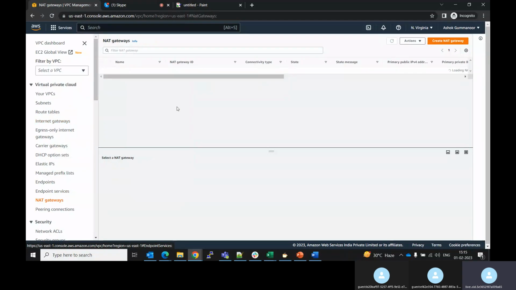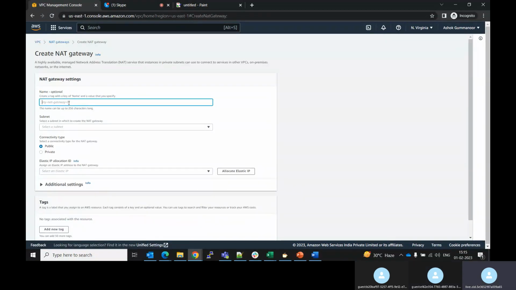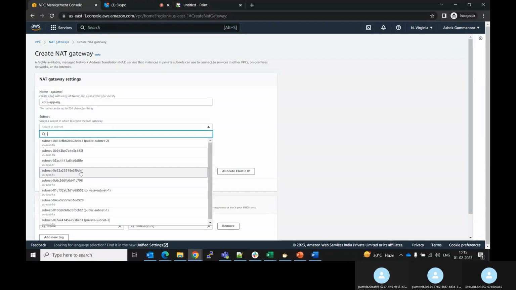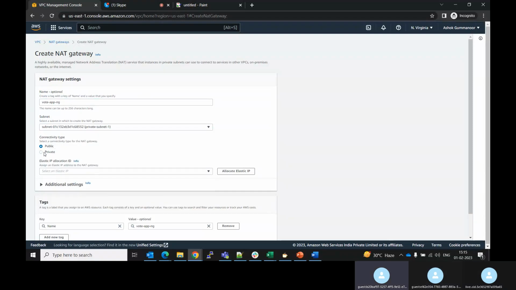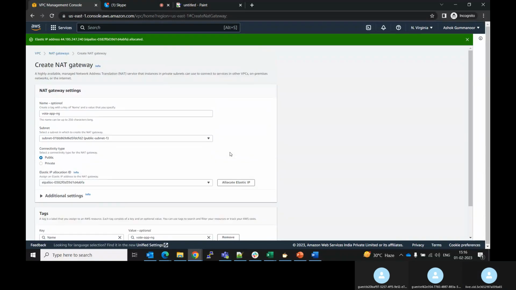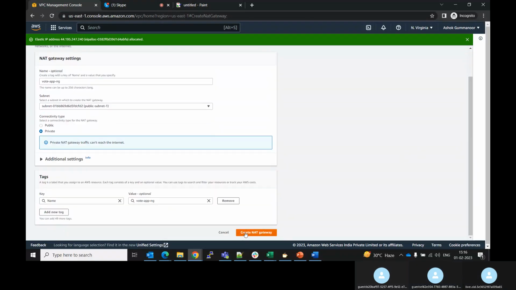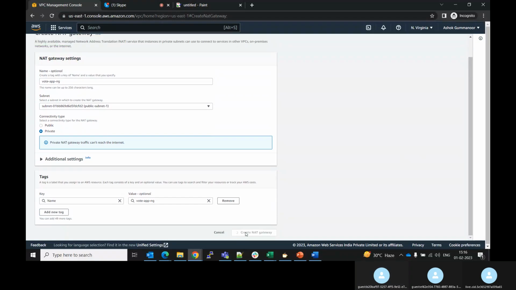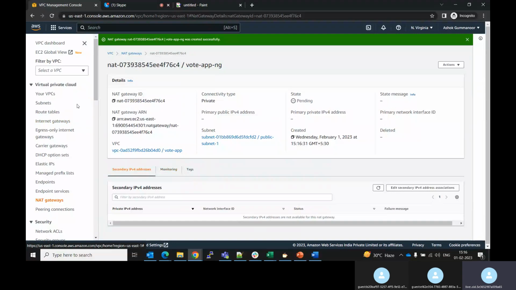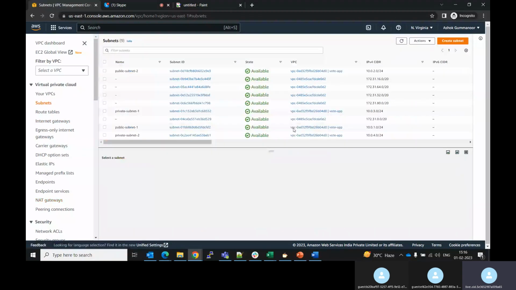Now let me create a NAT gateway. Okay, now it has been created. Subnets, VPC. Okay, now let's go to the